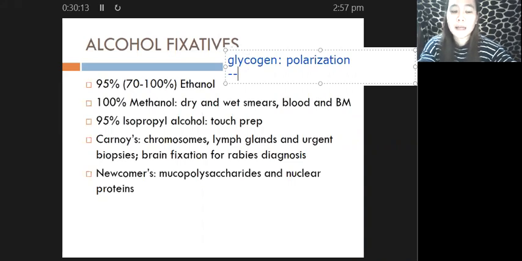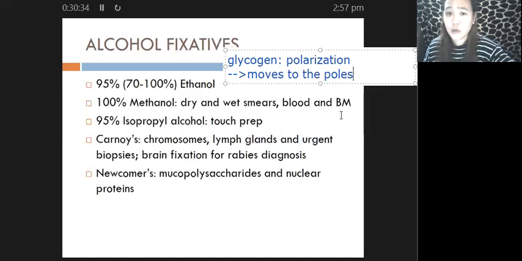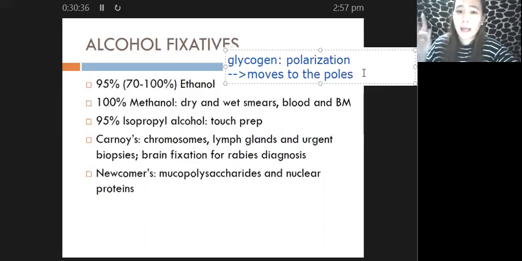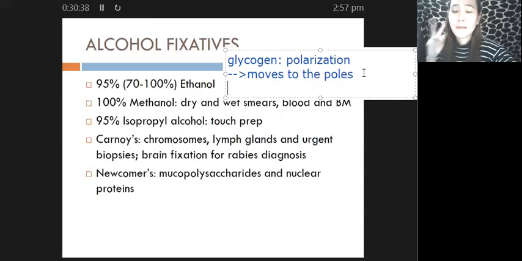When we say polarization, this involves the movement of your glycogen granules to the poles of your cell. So your glycogen moves to the poles of your cell. That's why this process is referred to as polarization. So again, what are the two important things that we have to consider in the preservation of your tissue samples? Number one is,